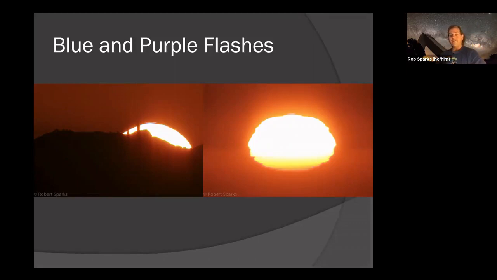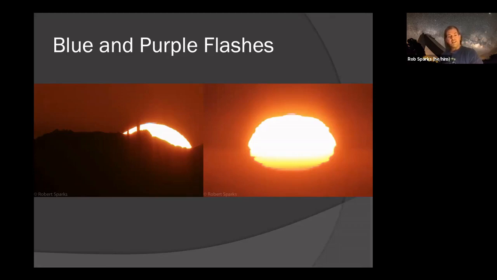And of course, also, as we talked about a little bit earlier, someone mentioned that you're looking through a very thick part of Earth's atmosphere. And of course, our sky is blue because Earth's atmosphere is very good at scattering blue light. So the blue and purple light gets scattered more. So even when you have a camera, you frequently will have too much scattering to pick up the blue and purple. So only when you get a very exceptionally clear sky do you have a shot at photographing a blue and purple flash. Like I said, I've never physically seen one, but I've photographed multiple ones, and I've seen other people photograph them too, but they are definitely much more rare than green flashes.